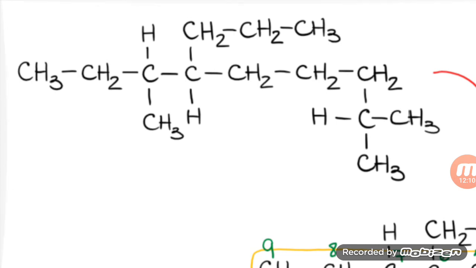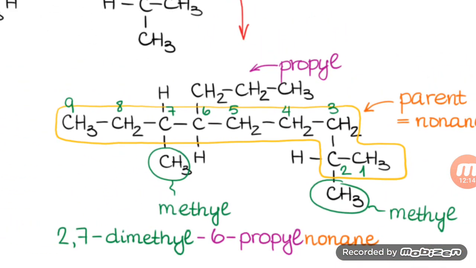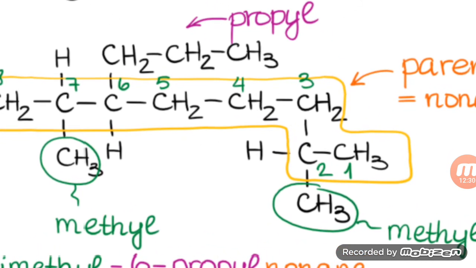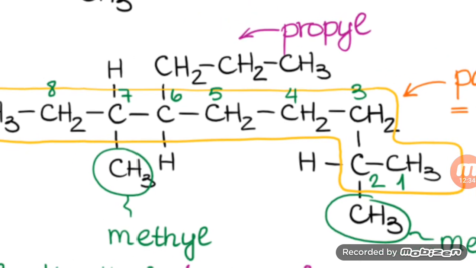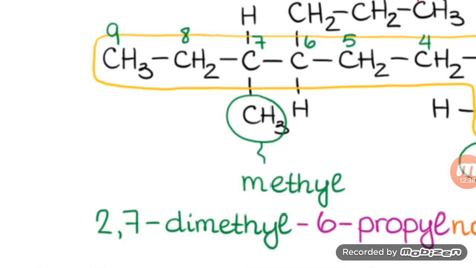Okay, I have already talked a lot. I think you would have given it a name. The name is, first of all select the longest chain. The longest chain contains 9 carbons. A 9 carbon containing alkane is called what? Called nonane. Very good, it's called nonane. And there are two substituents present at the 2nd and 7th positions, two methyl groups, so we will combine them, that would be 2,7-dimethyl.